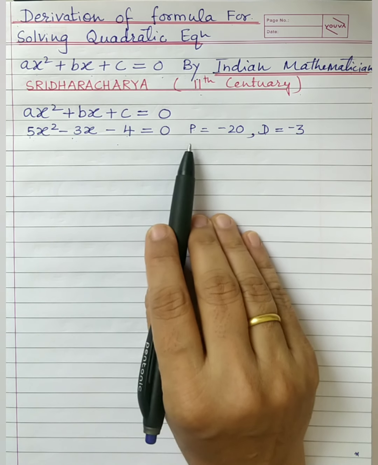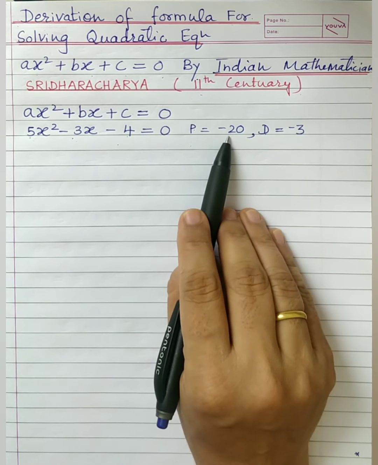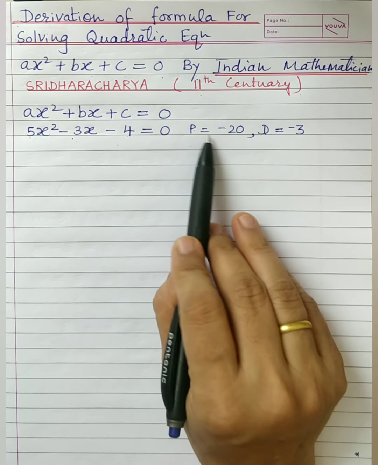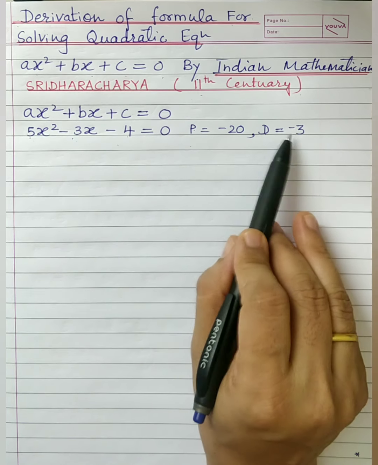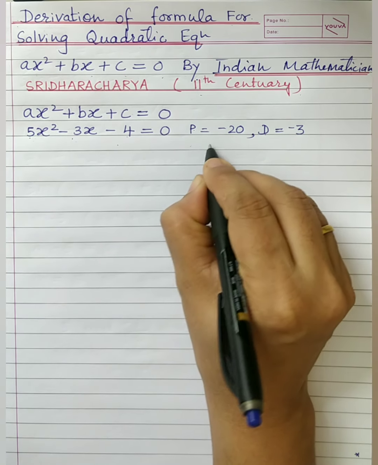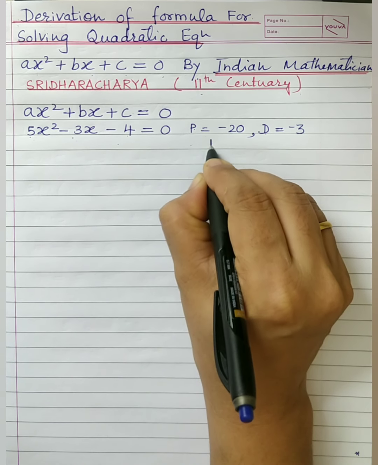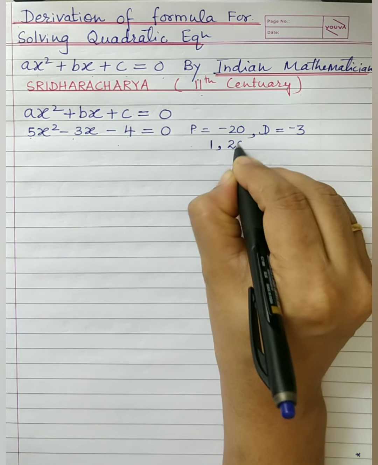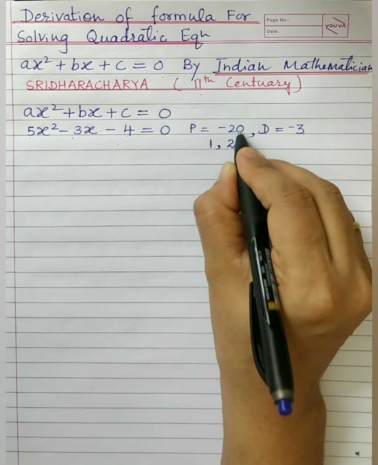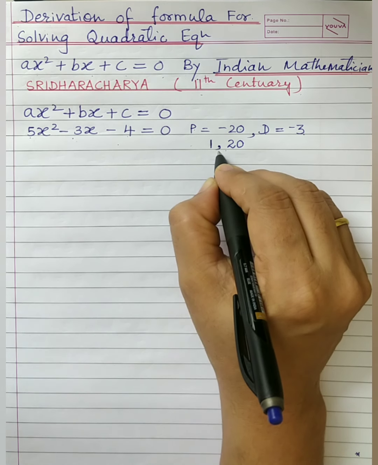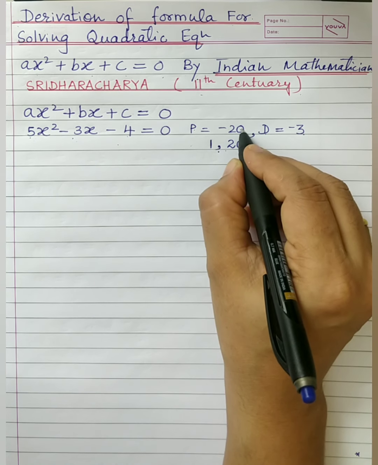Okay, now just try searching for the two numbers whose product... I have taught you, in the initial stage you can ignore the sign, so just search. Product is 20 and difference is 3. Are you getting the answer? Let's see all the possibilities. We will be concentrating on product only. So let us see the two numbers whose product is 20.